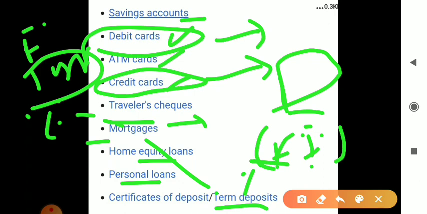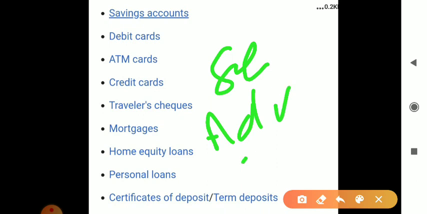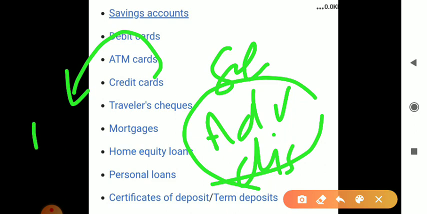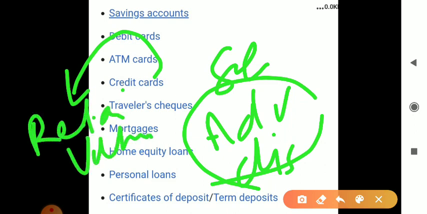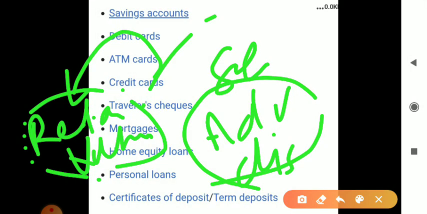So these are the basic concepts of introduction to banking, and here we have completed the services provided and the difference of roles. In the next video we are going to discuss the advantages and disadvantages of retail banking, and after that we are going to discuss retail versus wholesale banking. In the upcoming videos we are going to discuss more and more related to retail banking. Hopefully we will complete this soon.